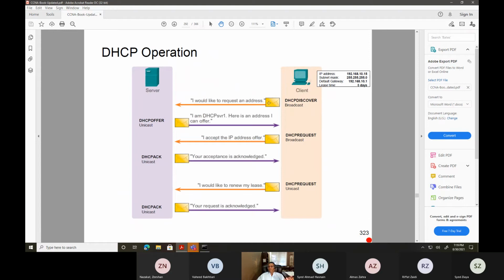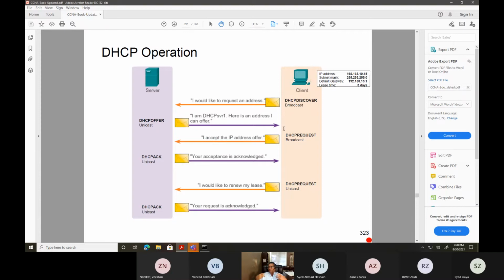So how this communication works: the client sends a DHCP broadcast. Then it goes to the server. The server replies back and gives you an IP address, a subnet mask, the default gateway and the DNS information.